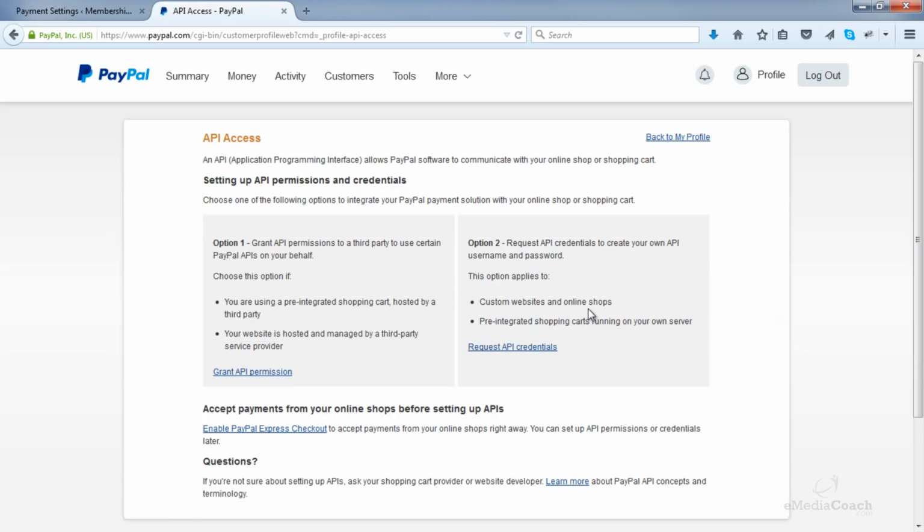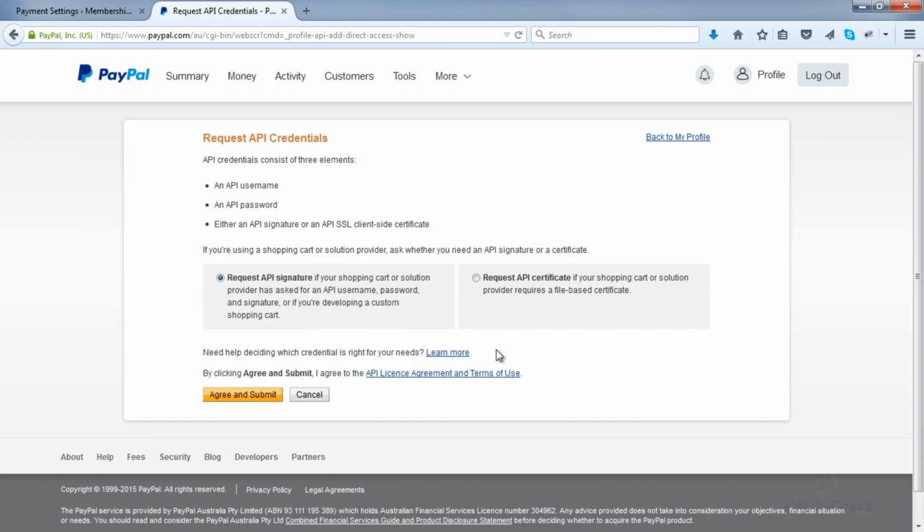And the option you want to select is the one over here. We want to create our own API username and password. So let's request API credentials. Then we want to request an API signature. So let's click on that and then agree and submit.